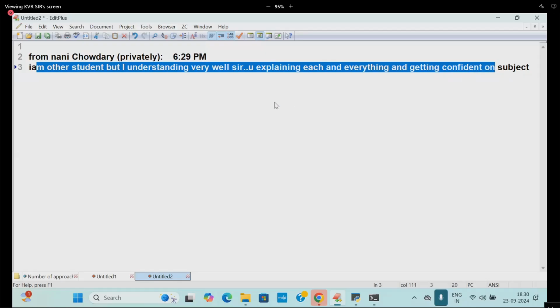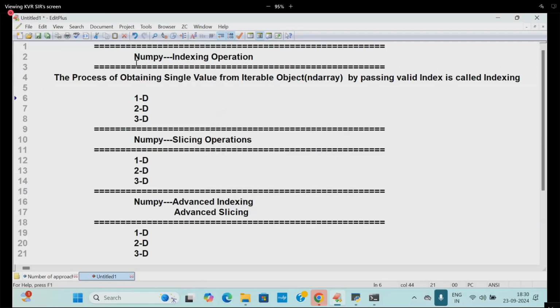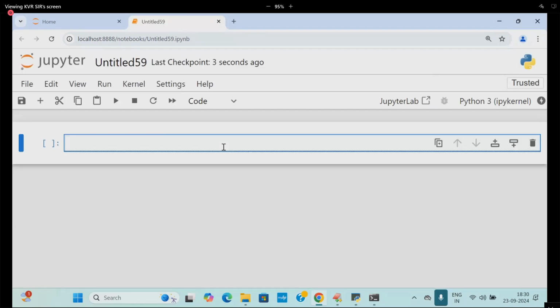So go to the next point here. Now I will open Jupyter Notebook and come back to the point. Here I'm going to take up a new one. Any other doubts? At the end, I'm giving you an opportunity. Maybe Neha is saying the number plate concept, she's saying keep more number plate examples.